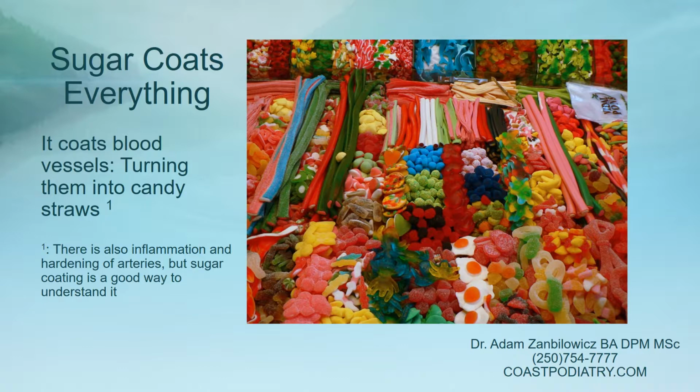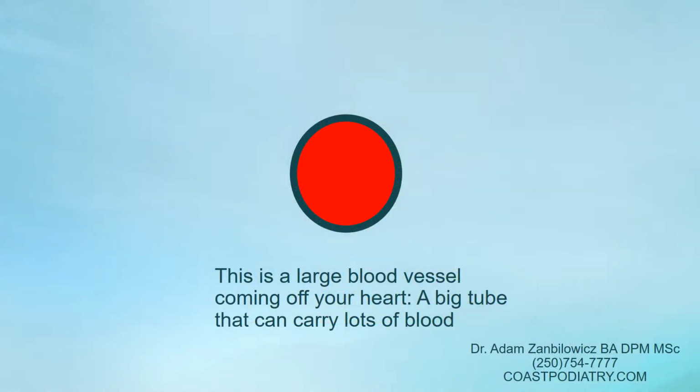So fundamentally, the sugar that causes the damage to you is the sugar that's in your blood, which is causing coatings and blocking up those tubes, those straws, and it's turning your blood vessels into sugar-coated straws. Again, it's a little more complex. Cholesterol's involved, inflammation is involved, but at the end of the day, the sugar is one of the big steps that is causing blockages of blood vessels.